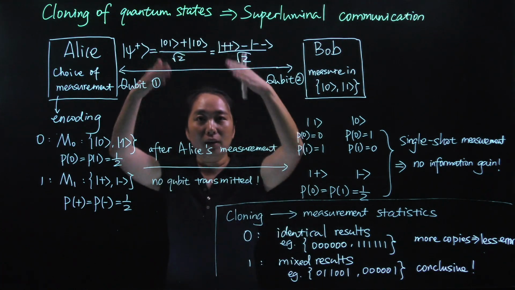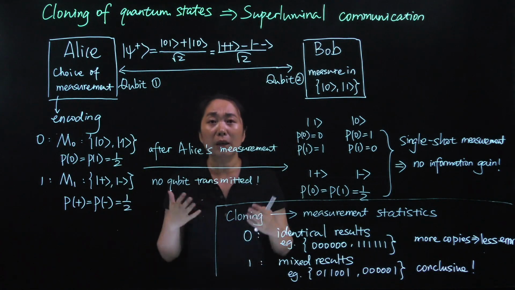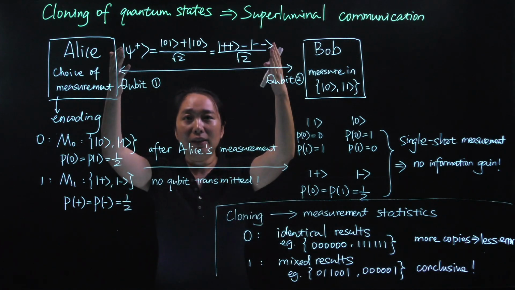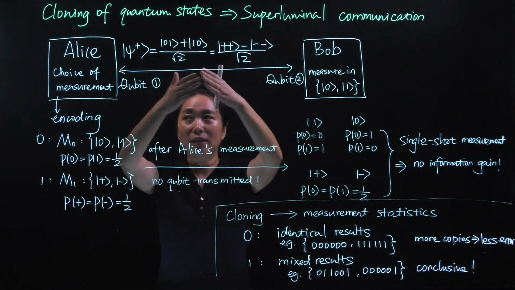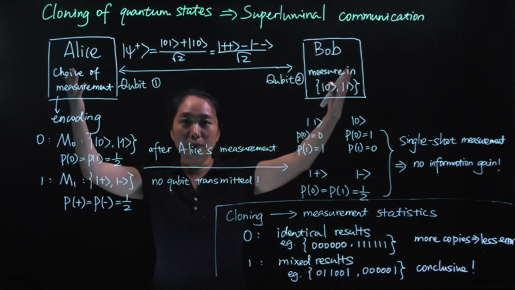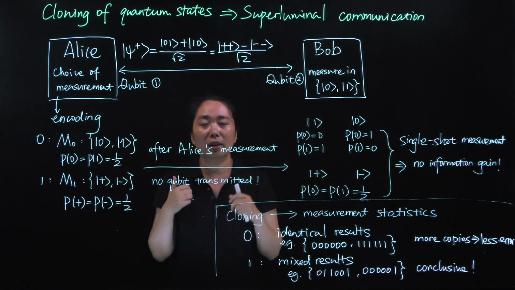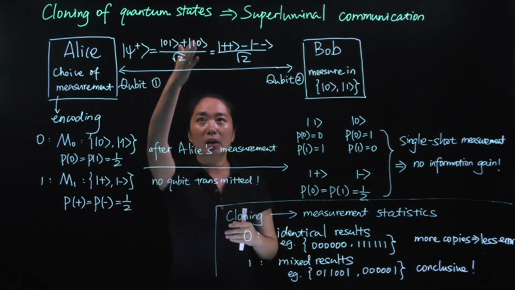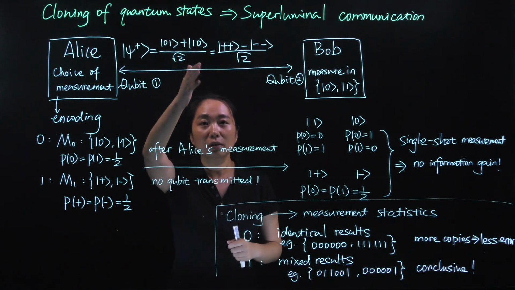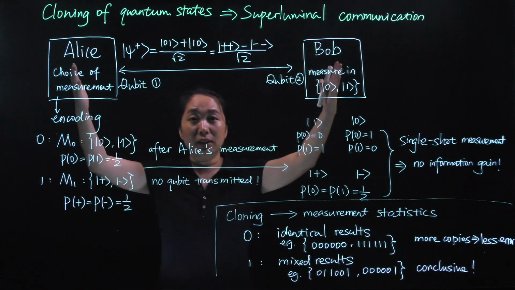We can assume that there is a middleman, maybe Eve, who prepares this entangled state and sends one qubit to Alice and the other qubit to Bob. So the time that it takes for this qubit or the photon to travel is just half of the distance between